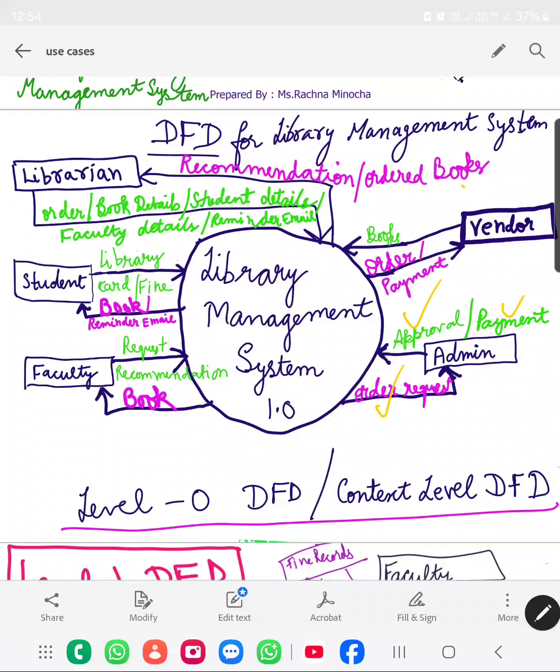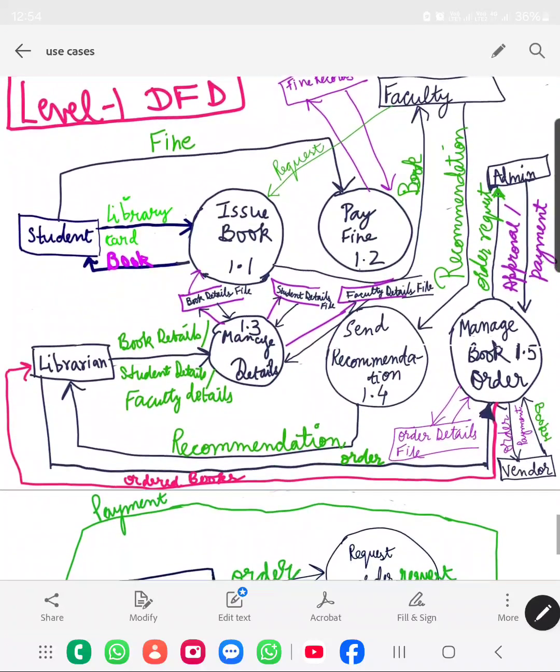So the vendor is giving the books, receiving the order, and the payment. So let's see vendor here. So vendor here is receiving the order, making the payments, and receiving the order and the payment, and giving the books. All right. So all the details of the order are stored in the order details file. All right. So these are the ways to create the